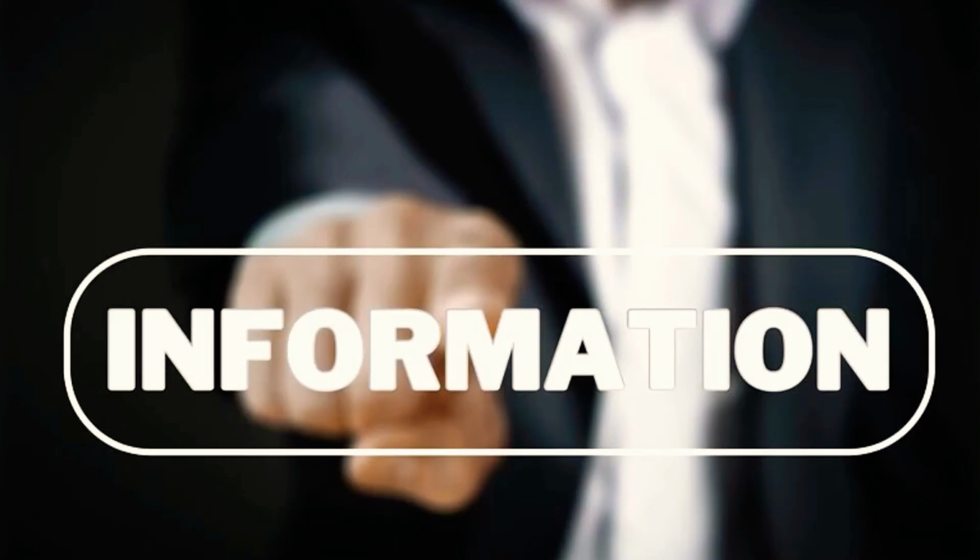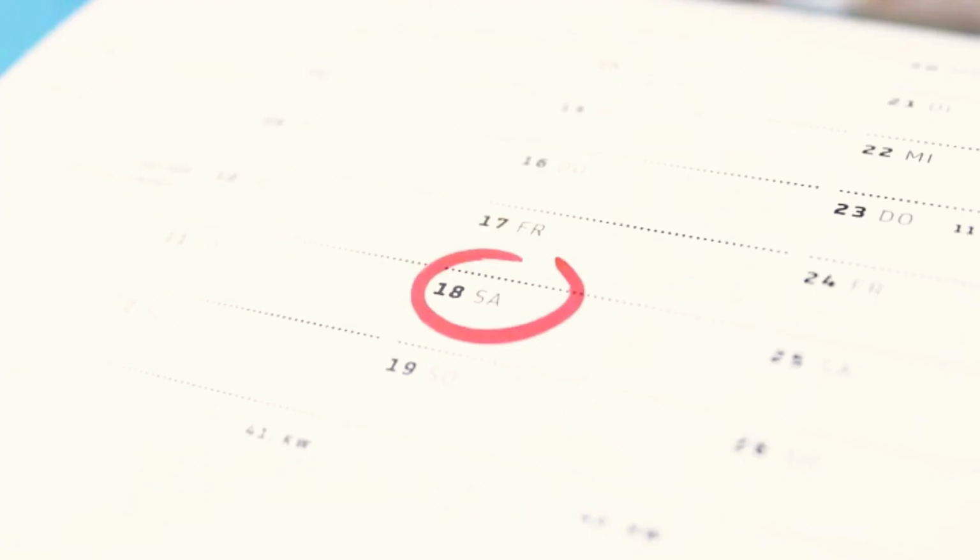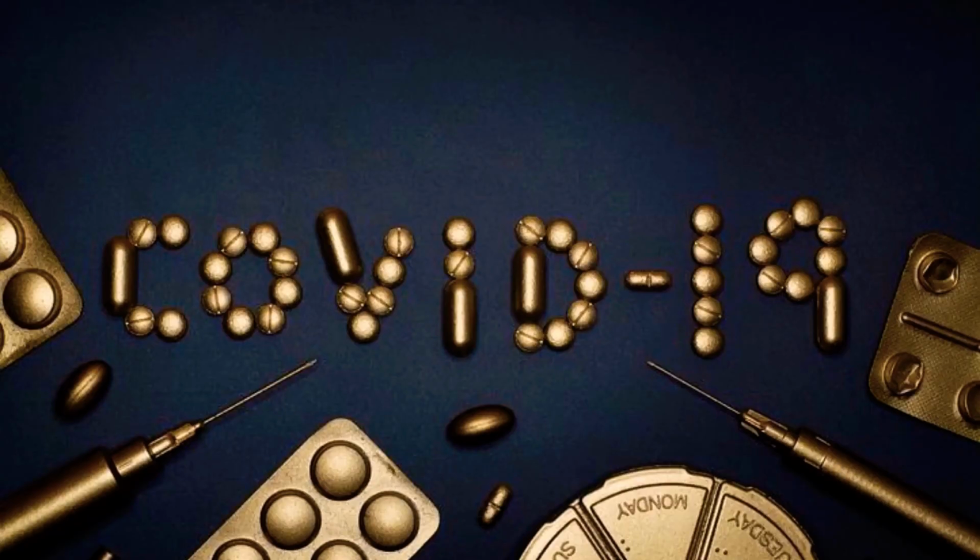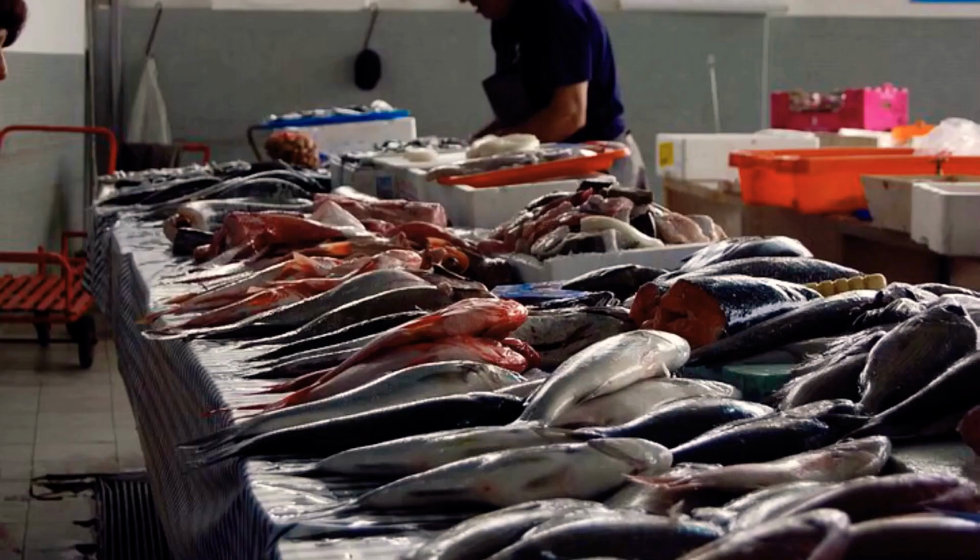Here are some facts about the coronavirus. Symptoms may take up to 14 days to appear after exposure to the virus. There is currently no vaccine to protect against COVID-19. Once infected, there is no treatment available for COVID-19. This virus has been linked to a large seafood section in a live animal market in Wuhan, China.